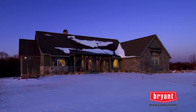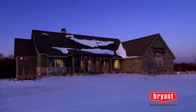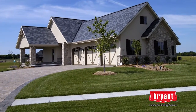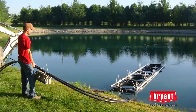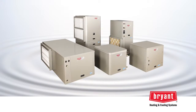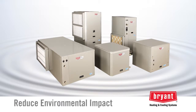In winter, a geothermal system extracts thermal energy from the ground for heating the home. During the summer, for cooling, the system removes heat from the home and transfers it into the ground. This transfer of heat energy is done through pipe buried in the ground or submerged in a pond or well. Because geothermal heat pumps get this boost from Mother Nature, they are more efficient than standard systems and can reduce